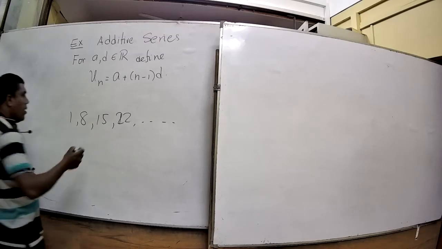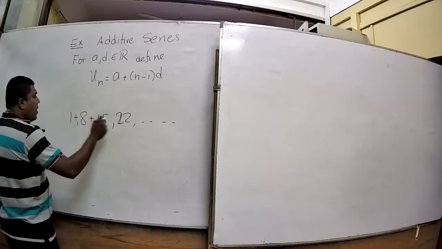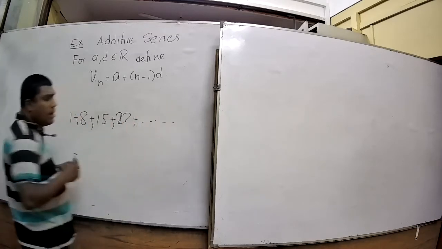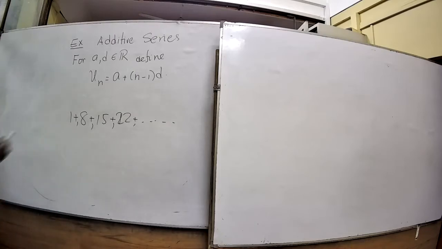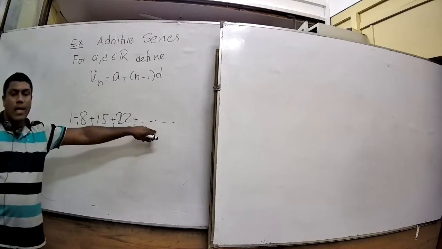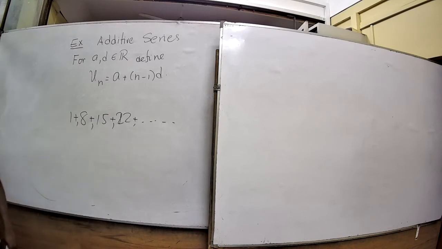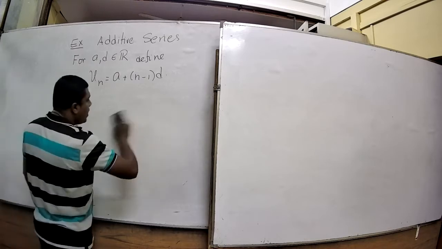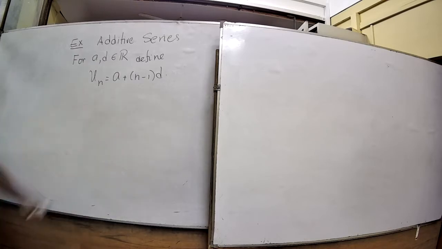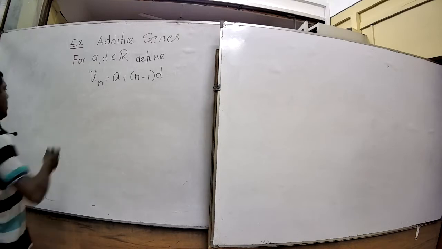And then you say, okay, when you add these together, what will happen? Things like that you have seen, right? Maybe for some finite terms, say 5 terms you add together and see what happens, or 10 terms you add together and see what happens. So now we are going to see a general formula, right? So this is the general formula, and let us see what will happen to the series.